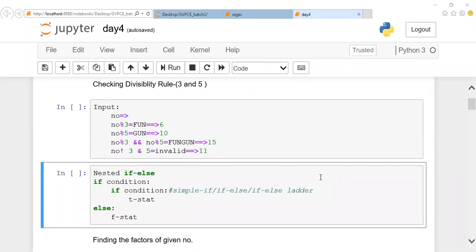Shivaji, then for gun you wrote it. Fun, where is the fun? Fun is not there. Yeah, it's okay, Jansi. No issues. Yeah, good, Amartya, good.